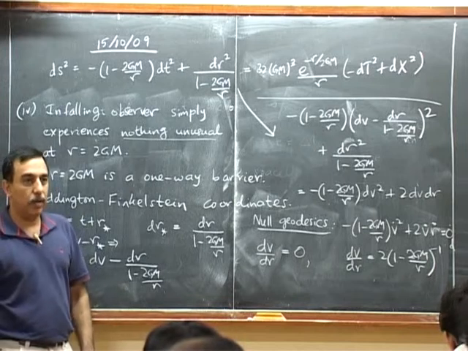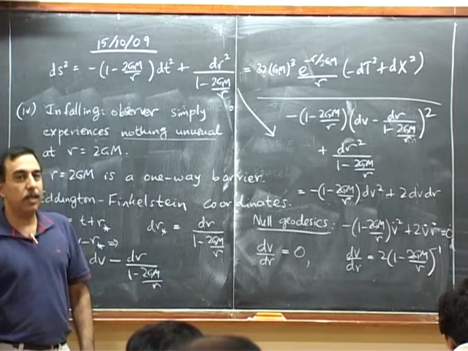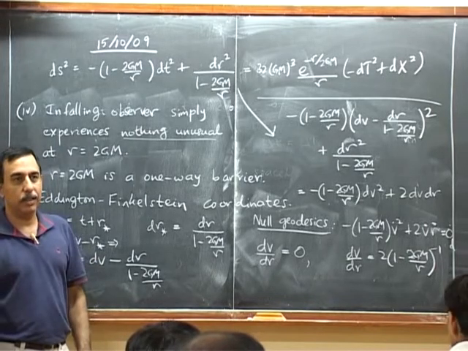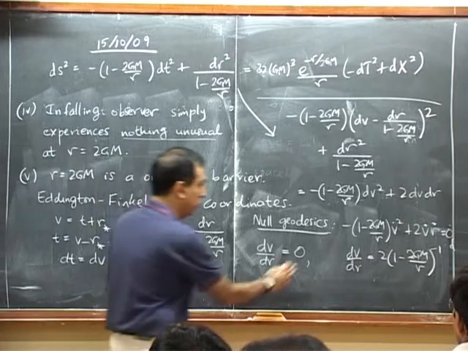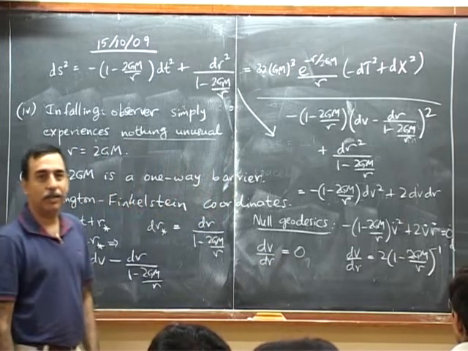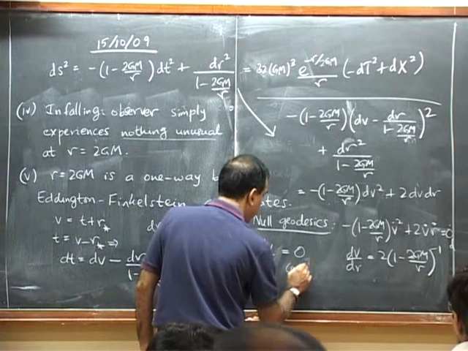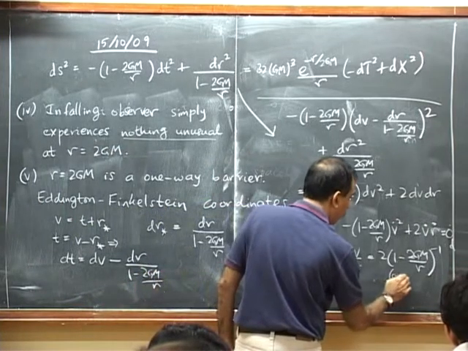One of these has to be ingoing. In fact, if you go back to your notes, you will see that constant v was invented so that constant v is the ingoing geodesic. That's how we defined v in the last lecture. So, no surprise that we find this. It's defined so that constant v is the ingoing geodesic. So this is ingoing and this is outgoing.